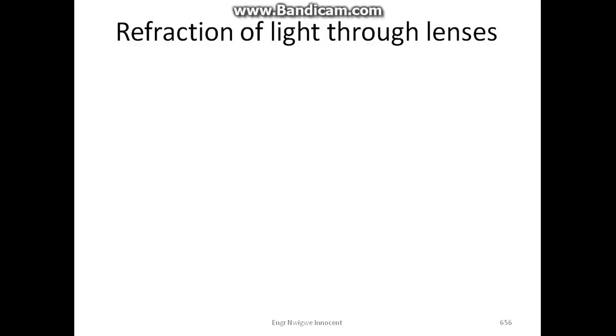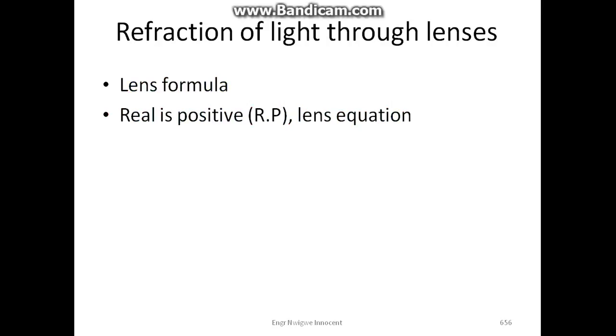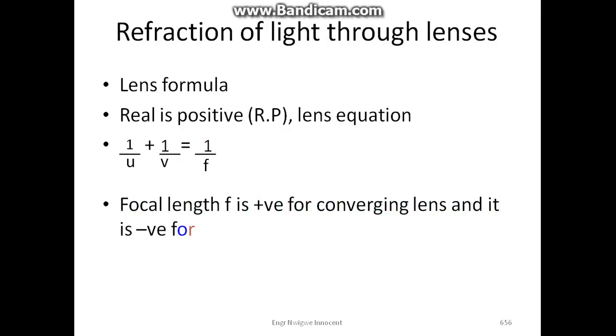Refraction of light through lens. Lens formula: real is positive. Lens equation: 1 over u plus 1 over v is equal to 1 over f. Focal length f is positive for converging lens and it is negative for